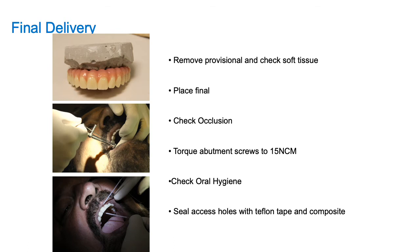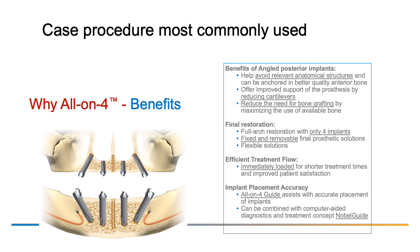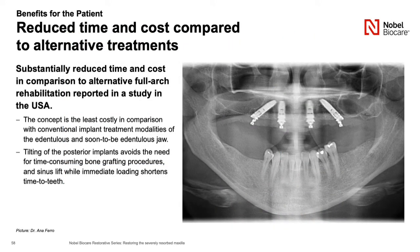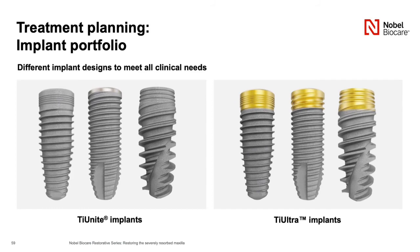I flew through that kind of quick because I had limited time tonight, but does that all make sense? Everybody feel pretty good? The procedure that we use on these is the all-on-4. We don't have to go over it. The benefits of it, Dr. Reddy went over that. It's a little slow. The implants that we use for this,